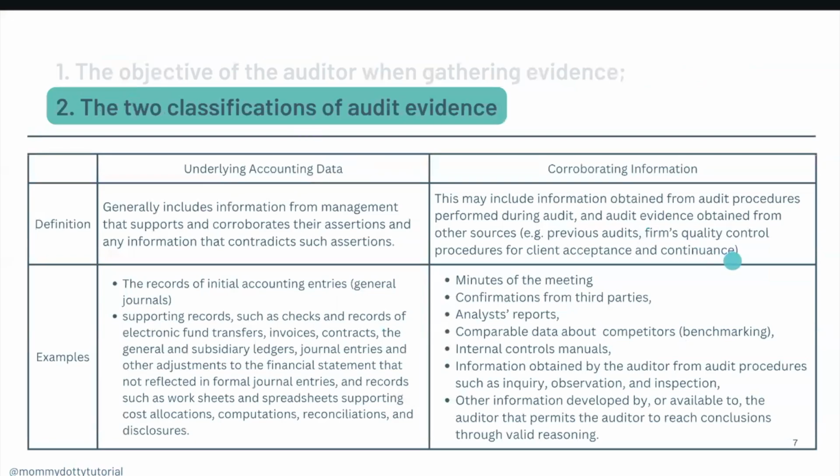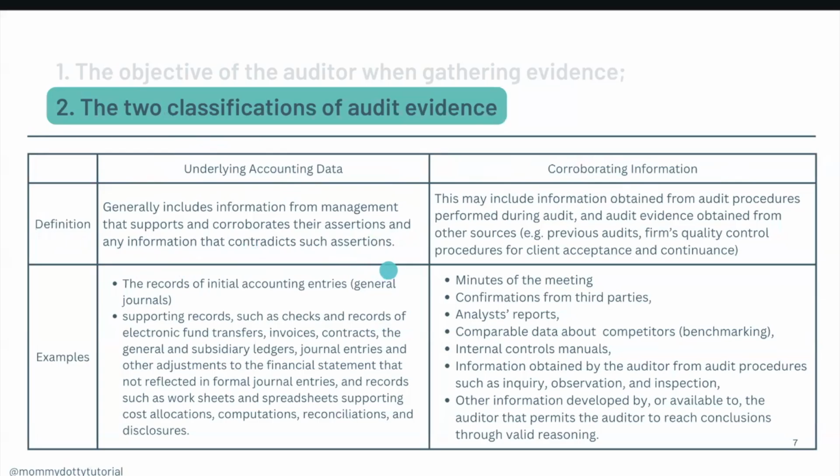The second one is the two classifications of audit evidence. We have here underlying accounting data and the corroborating information. Let's talk about the definition. Underlying accounting data generally includes information from the management that supports and corroborates their assertions and any information that